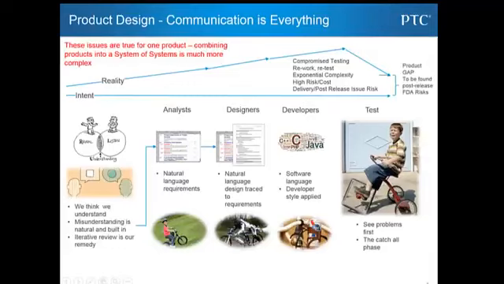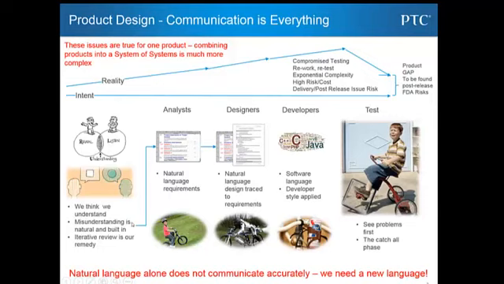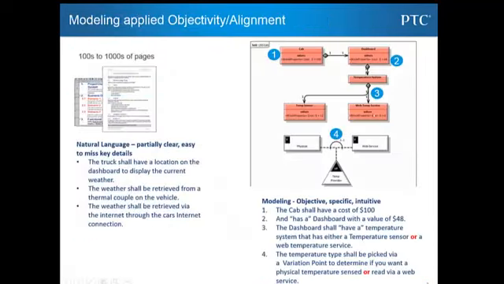And worst case is we could go out to the market with a product that still has some flaws in it. The takeaway is that natural language, while useful, has some inherent problems with it. It's easily possible for two different people to look at a paragraph or a sentence and come to different conclusions about what it means. So we need a new language to add to natural language. And that language would be modeling.